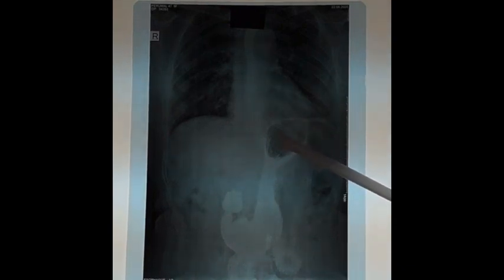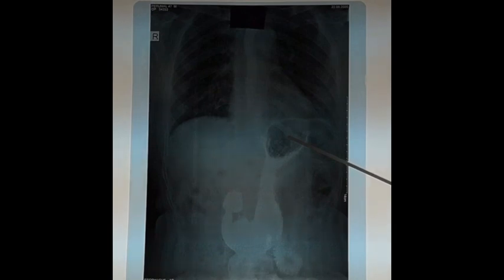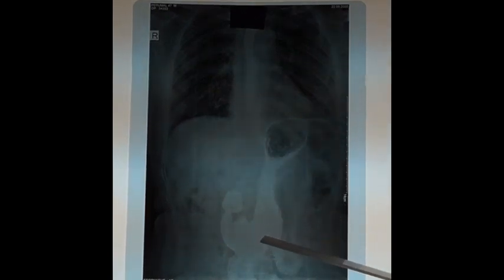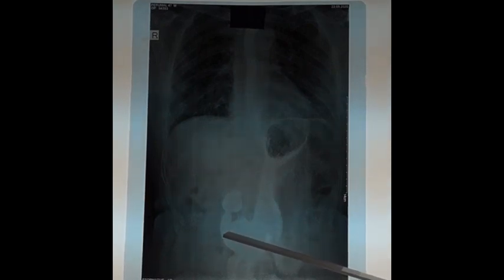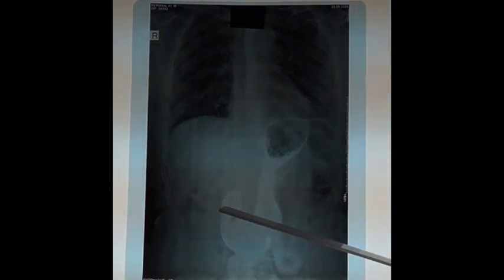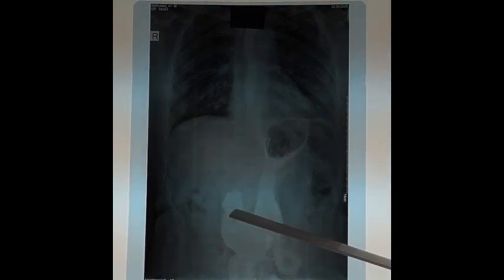So the uppermost part of the stomach here, which is filled with air, is called the fundus of the stomach. Fundus of the stomach is usually filled with gases. And the J-shaped stomach, which is empty, we can see the body and pyloric part of the stomach, ending up forming a cap-like structure which is called the duodenal cap.